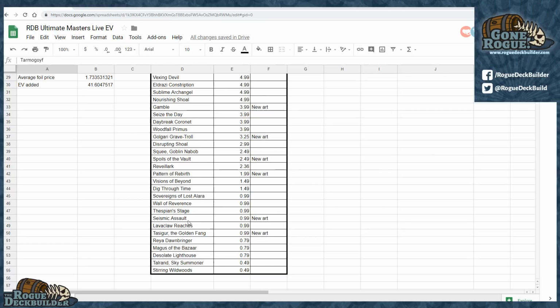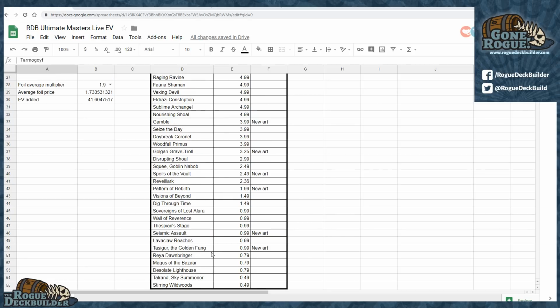Even cards like Seismic Assault that used to see play and no longer do are going to be in that bulk rare stage. So there's a lot of opportunity if these do go way down in value where you should be snapping them up. Great cards like Thespian Stage. If that continues to go down to like 50 cents, there are some great...